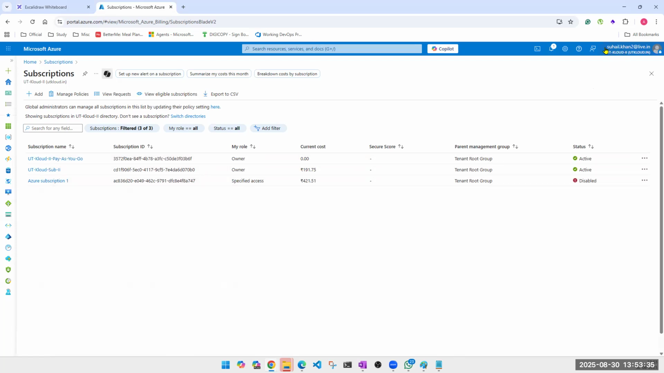Actually, this is not root ID. Otherwise, it will show the root user. Root user is something else. But still, I'm owner here. Okay, but if I go here